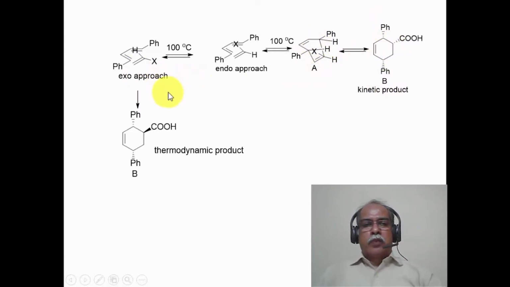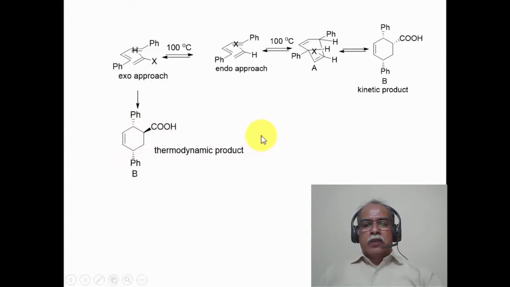Now the exo approach would put the 2 hydrogens outward and this hydrogen inward. So the 2 hydrogens in the 1,4 positions are cis with respect to each other, whereas the hydrogen on the carbon bearing the COOH group is trans to this particular hydrogen. So you can see here this hydrogen is pointing in the front, which is not shown of course in the structure. This hydrogen is pointing inward, so those 2 hydrogens should be trans with respect to each other. So this is the product B, where you have 1,4 cis and 1,2 trans,